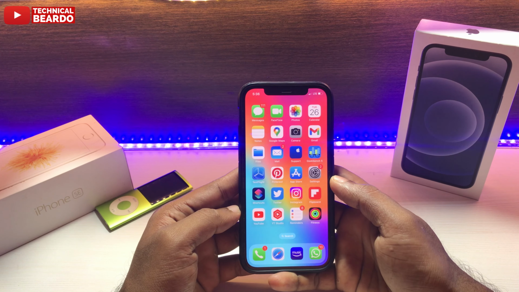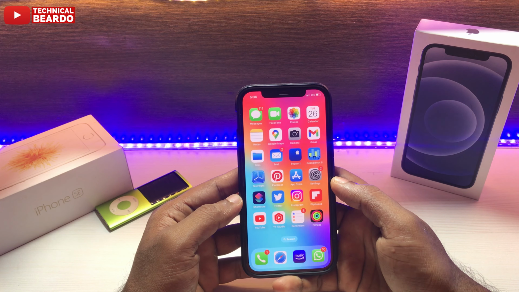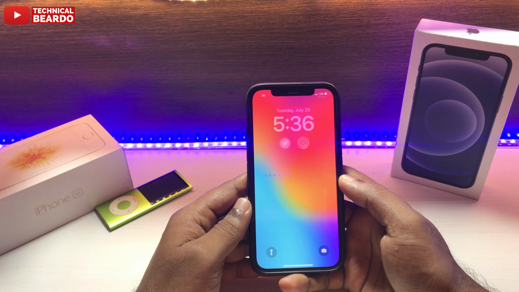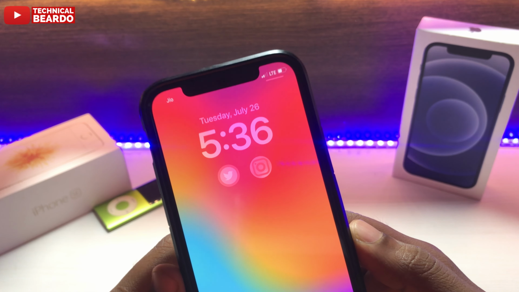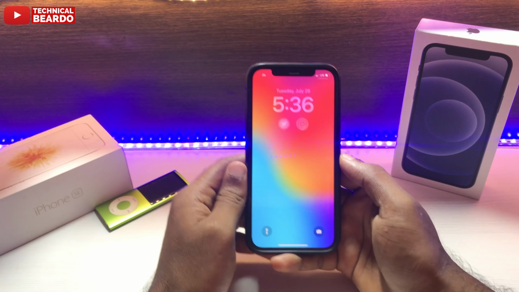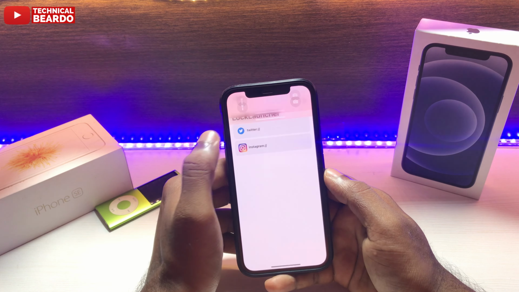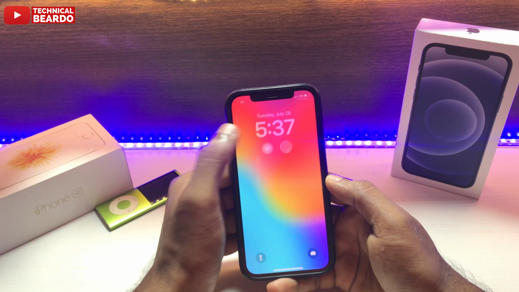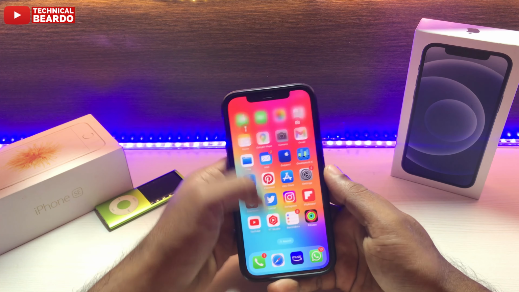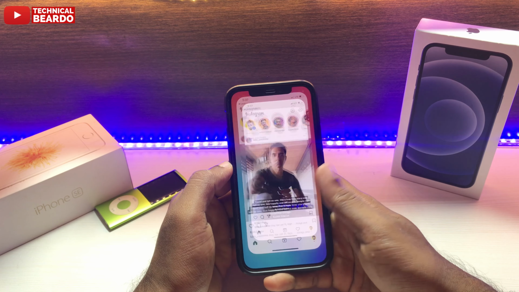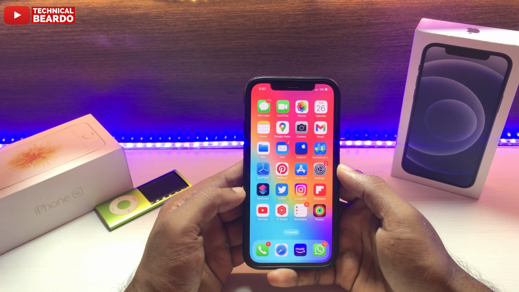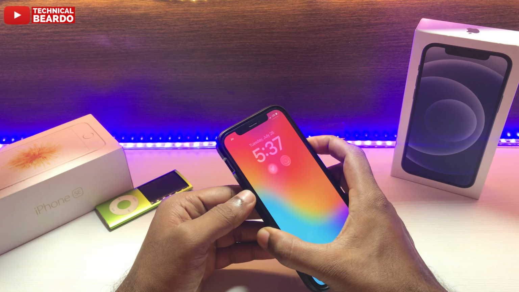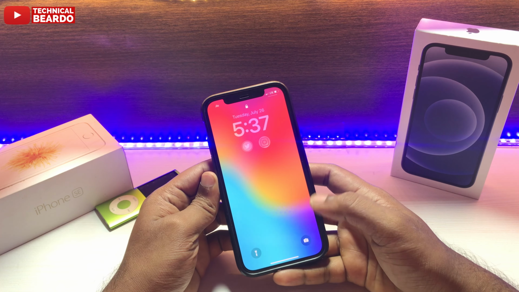By default there are some stock widgets available from Apple on iPhones. Now we can add our third-party application widgets as well. So other than your stock widgets, we can add other widgets as well, like social media applications. As you can see on the screen, like Instagram, Twitter, YouTube, we can add as well. So how to get this, or how to add this on your iPhone lock screen, we will see in this video. So let's start the video and check out the method.